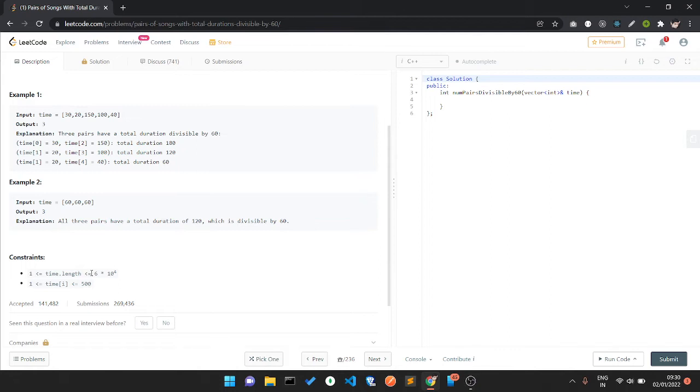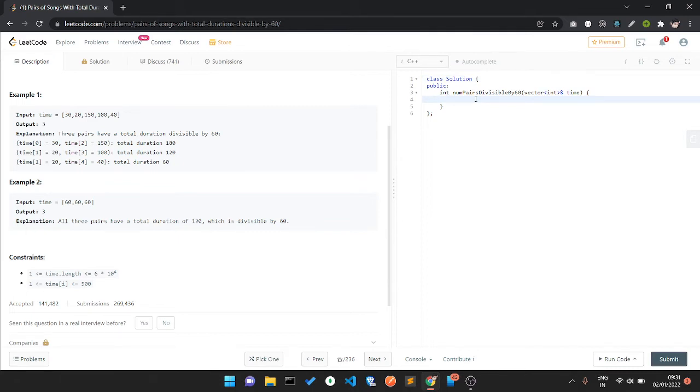But here I want to use my own custom vector in which I just store values from 0 to 60. Did you get why I'm using a size 60 vector? Because I'll take the modulo and it's confined within my vector size. So let's code it for better understanding.